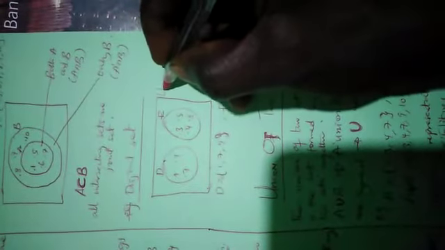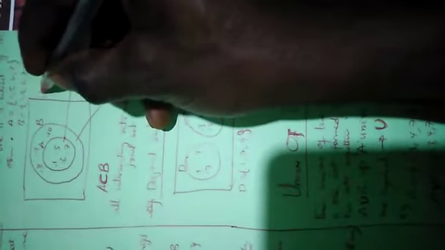Under two sets, we can also have two sets that have no intersection. Hence, they are disjoint. Disjoint sets have no intersection between them, hence they have no element in common. An example is set D and set F. See their members: 1, 7, 9, and 3, 4, 5, and 8. There's no element over here that can be found over here, and no element over here that can be found over here. Hence, they are disjoint.